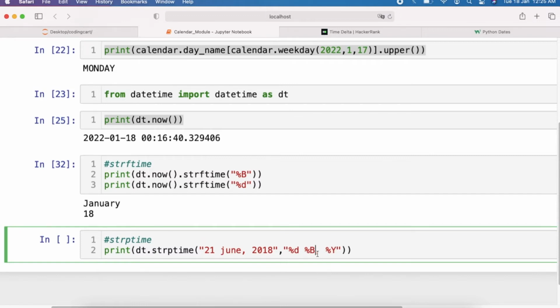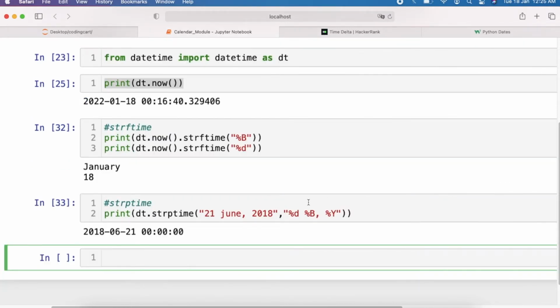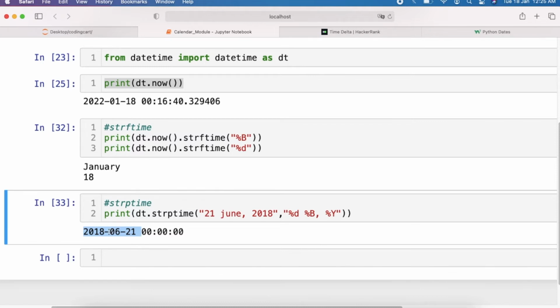Here we have used this comma, because you can see here till here is 21st June. After that we are using a comma, so we have used a comma here. Now if I print this one, you can see the output, how it is printing. It is giving the date in this format, 2018 06 21, meaning 06 is for June and 21 is the date. So it is converting into date time format for this given date.